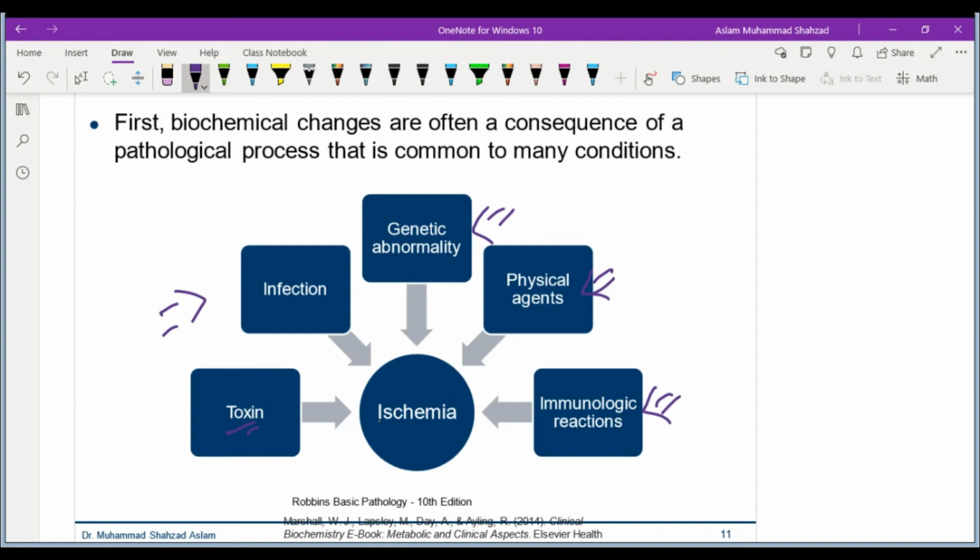Toxins or chemicals could be possible causes of ischemia. Sometimes drugs are responsible. Infections such as chronic infections can lead to ischemia. So these are the multiple reasons that could cause ischemia. But using troponin alone is not helpful to determine which agent is actually the causative factor, because when we need to treat a patient, the treatment for all these etiologies will be different. It will not be the same.